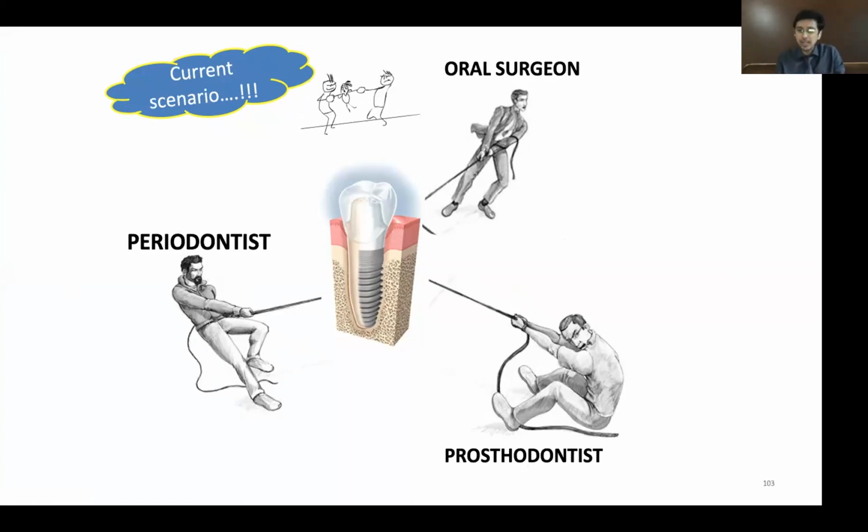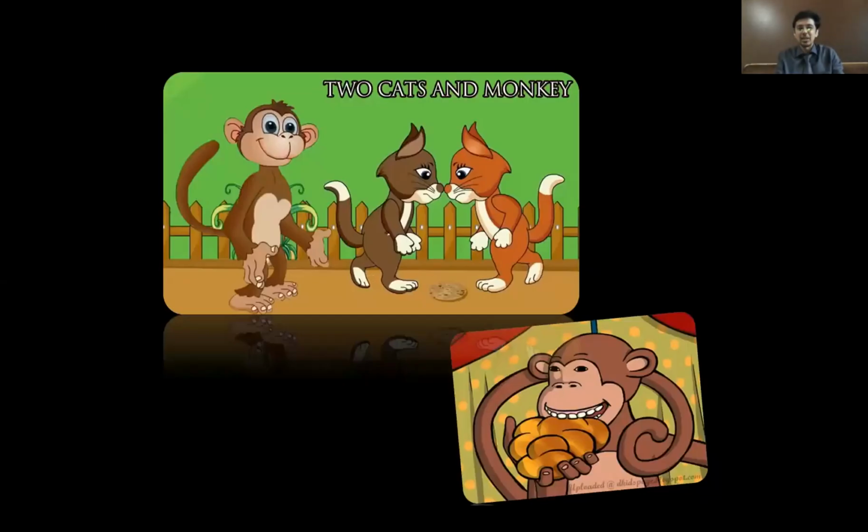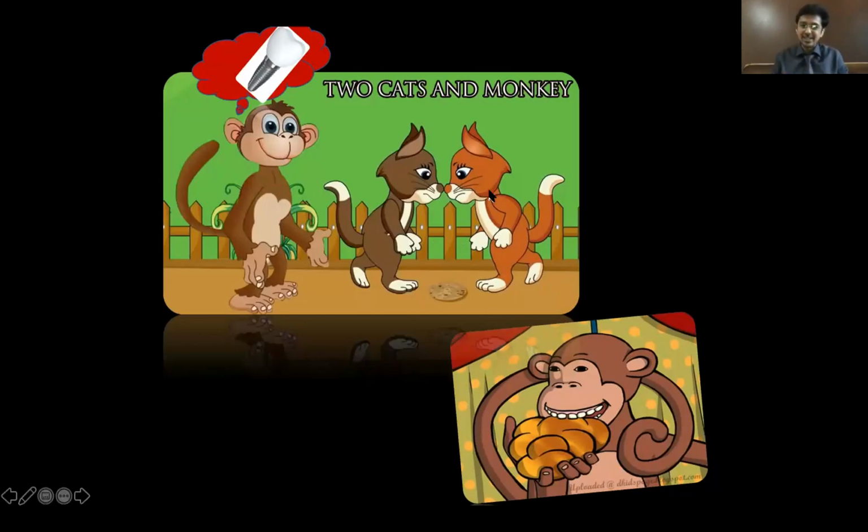So because of these stupid specialists in a few of these three specialties, ultimately it became like a story which we used to hear when we were small children. Two cats, in this case three cats, fighting over a piece of bread and a monkey coming in between, saying that I'll help you in dividing. This part is smaller, this is bigger, I'll take a bite of this. And ultimately the monkey took the entire thing. So what I mean to say is that by the time such stupid specialists are fighting with each other,